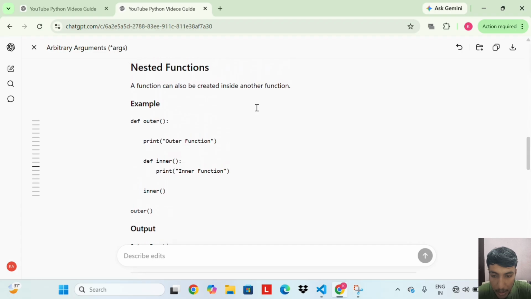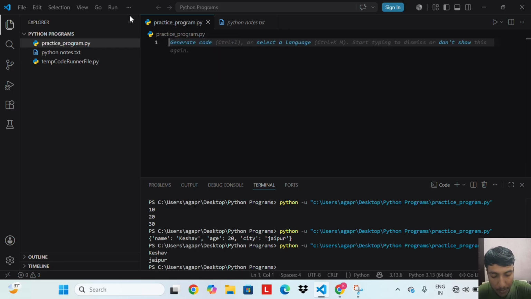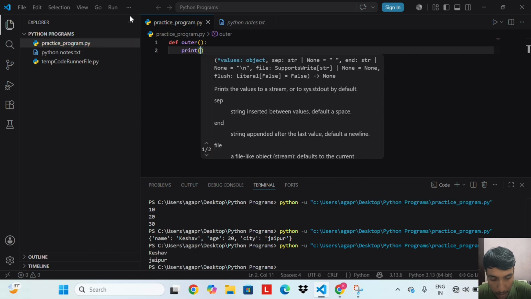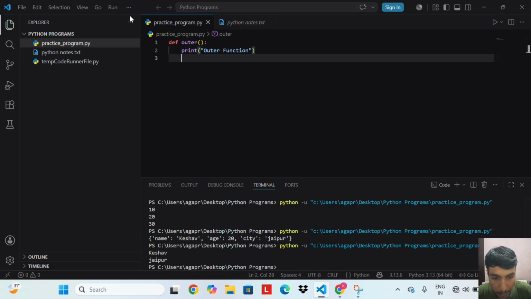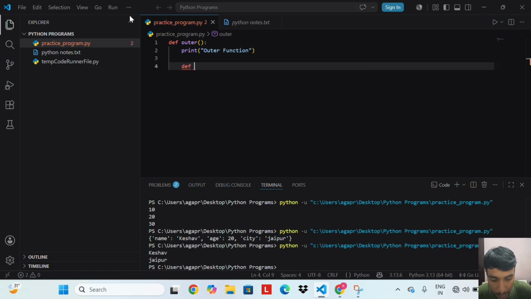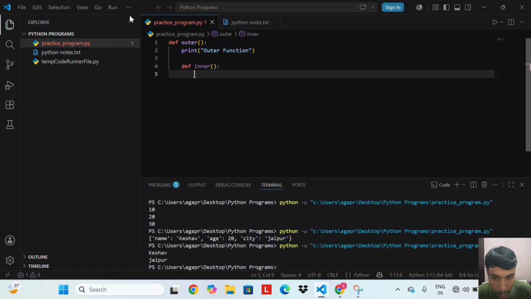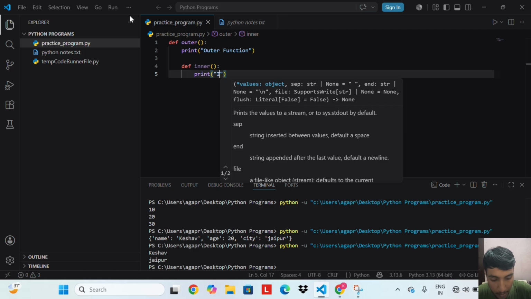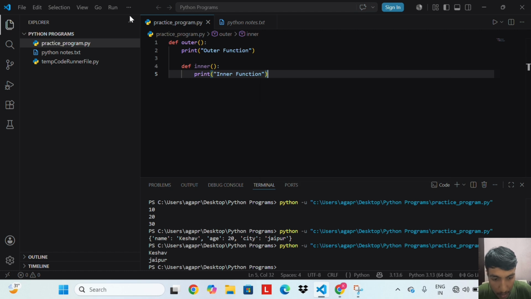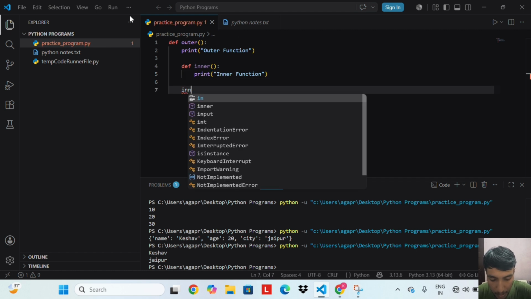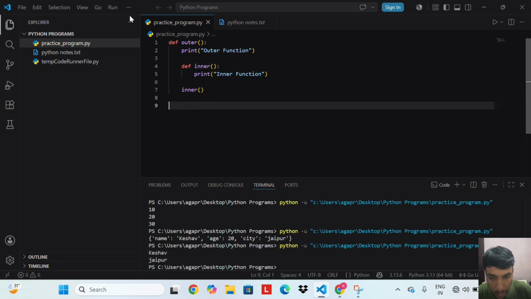So let's do an example of nested function. def outer(): print outer function. def inner(): print inner function. inner(). outer().